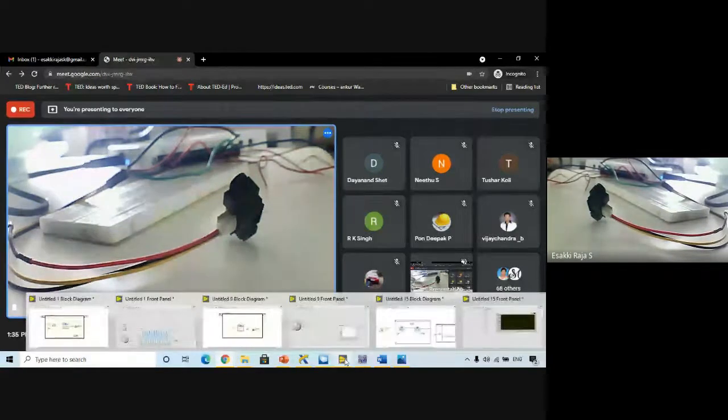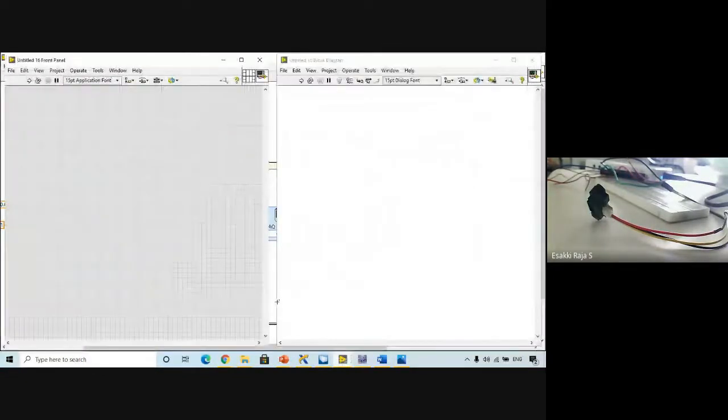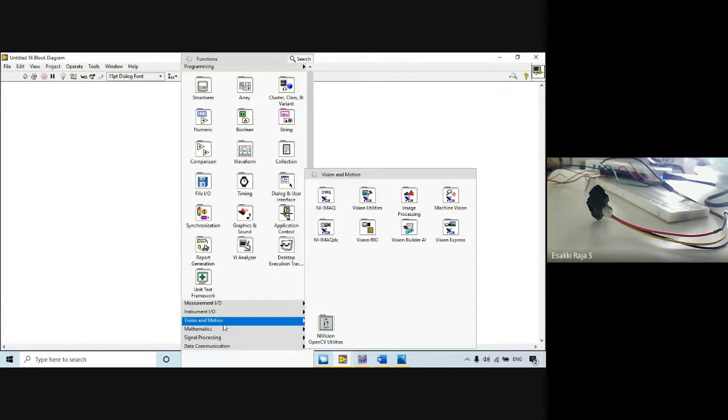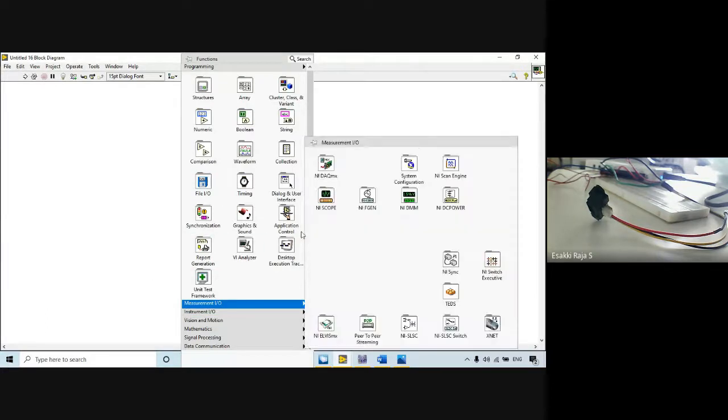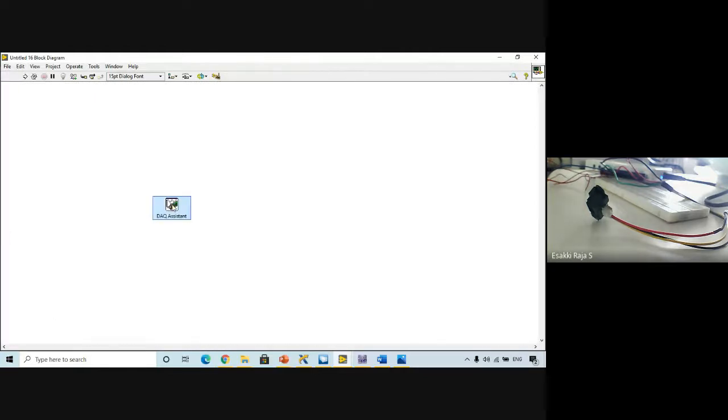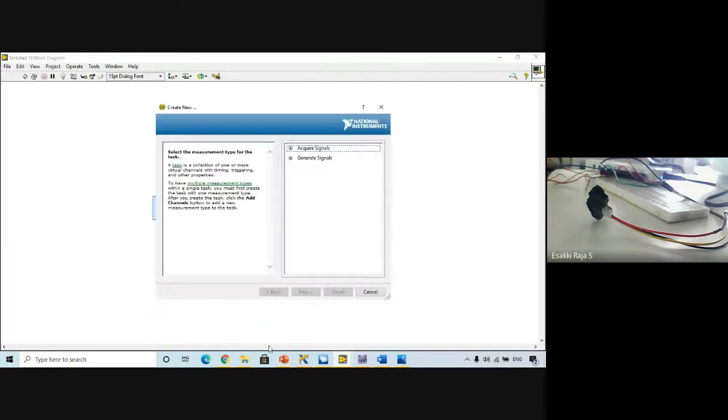Here I can just create a new VI. In the block diagram I can right click, go to Measurement I/O, NI DAQmx, DAQ Assistant. Now I want to acquire data, so I'll go to acquire signal, analog input, voltage.